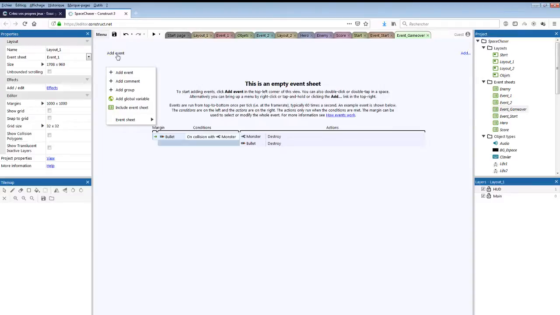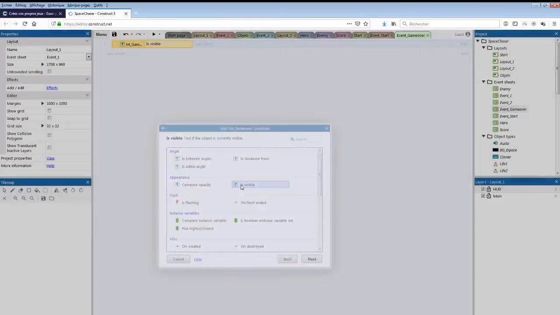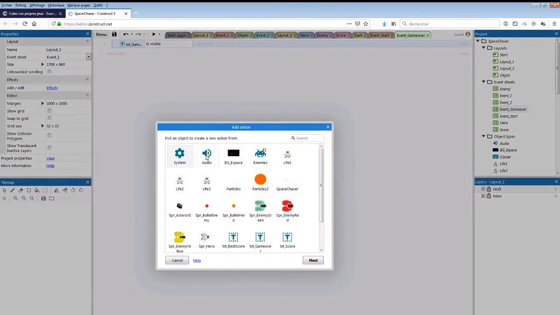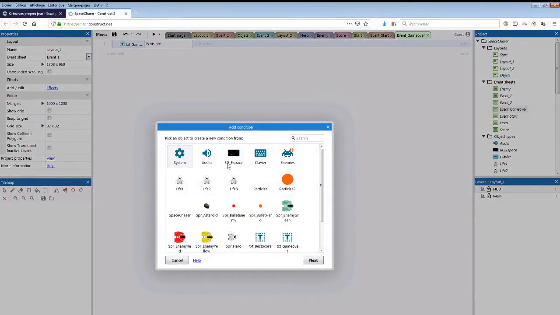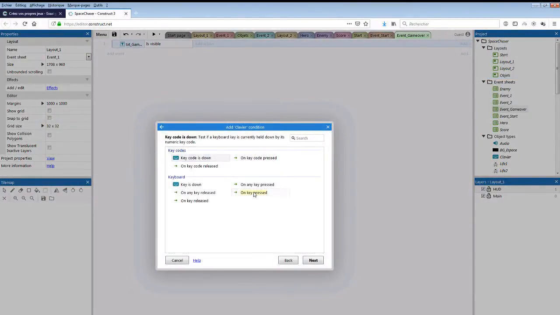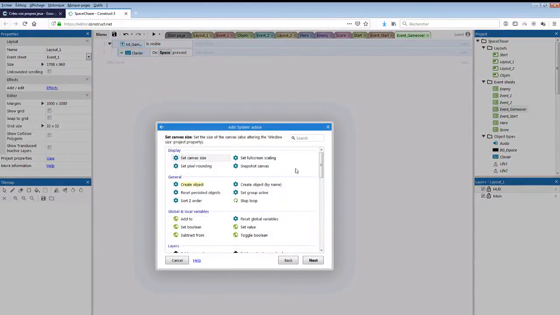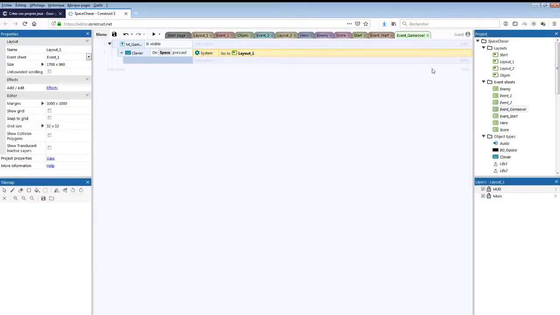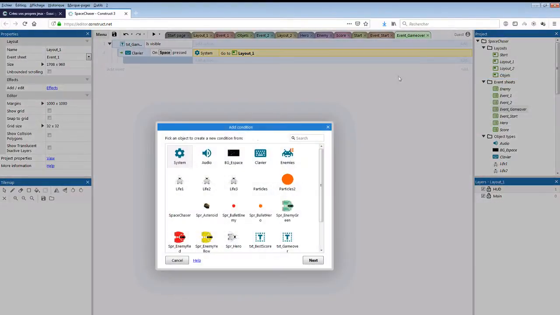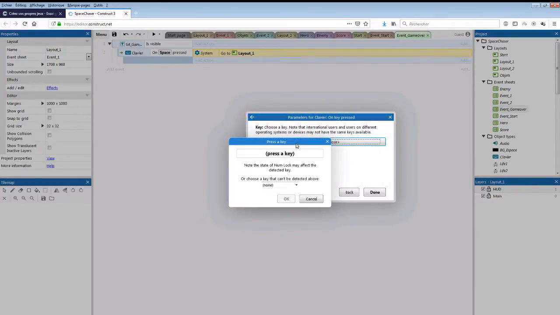And we're going to say in that event that if text game over is visible, that means if your character died, and I'm going to add a sub event, and I click space, that means I selected to restart. So if that happened, well, I'm just going to go to layout 1. I'm restarting the game basically, and I'm going to add another sub event because there's another option here. If I instead pressed backspace,